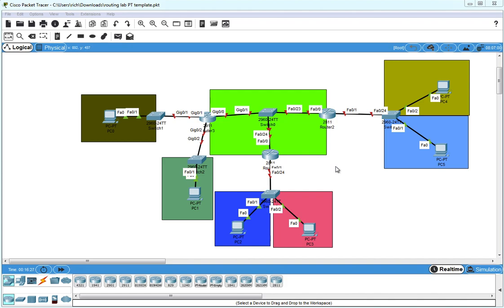Okay, here's the template for this week's packet tracer assignment. Basically, your job is to come up with some IP addressing for each of the different subnets. I've created colored boxes to try to help you out with that. So we need a subnet for all the routers, a subnet for this PC over here in this router interface,